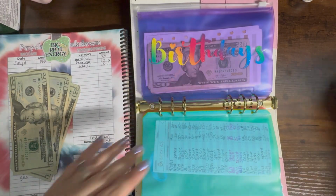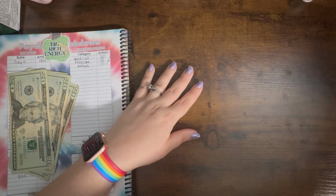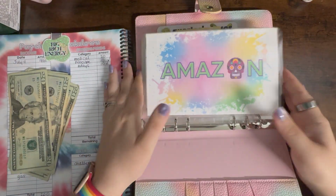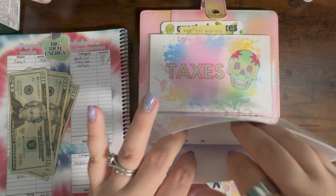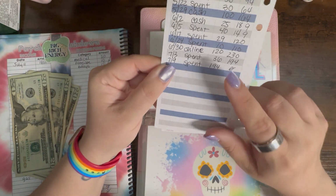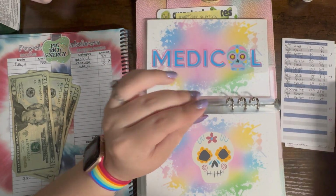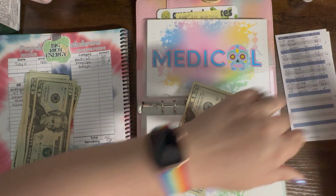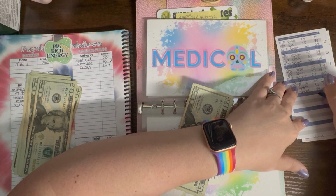Okay, last but not least, let's do medical. And let me just tell you guys what happened. So, as I said, I completely drained my medical fund, okay? I had $194 in here and it all got spent. So my son had an eye doctor's appointment. Medical's gonna get 20. He had an eye appointment and